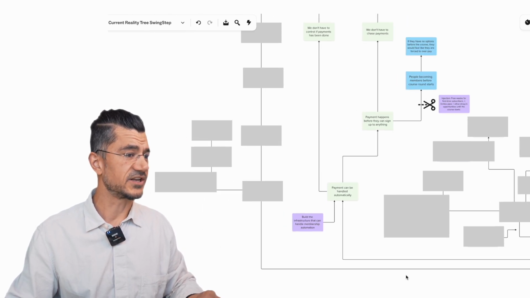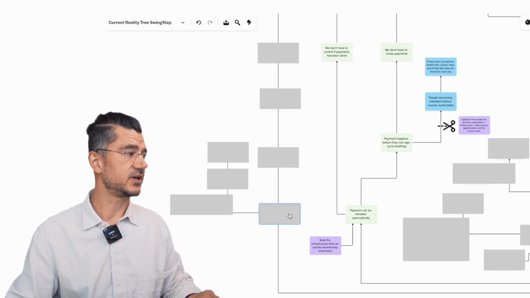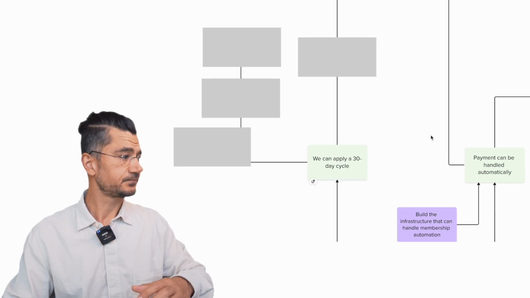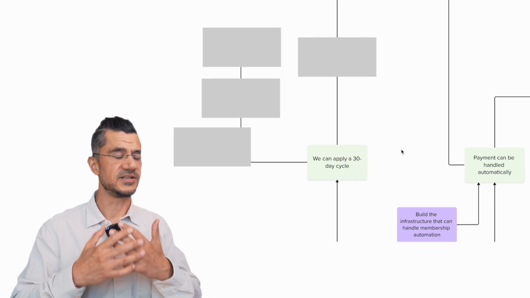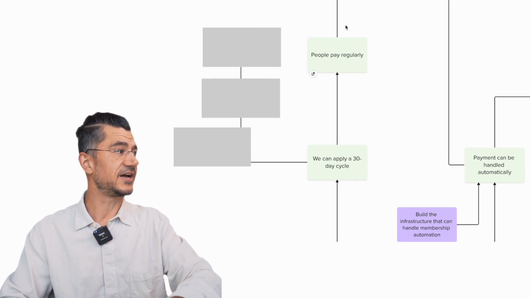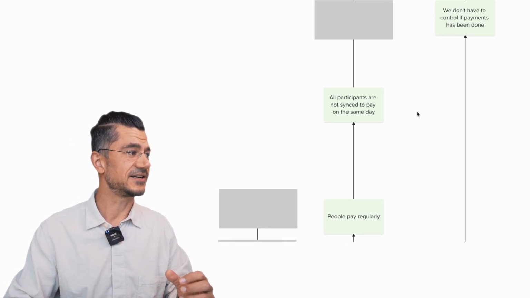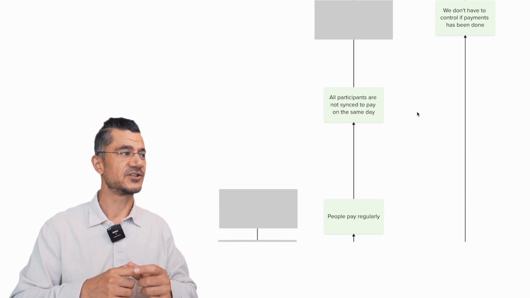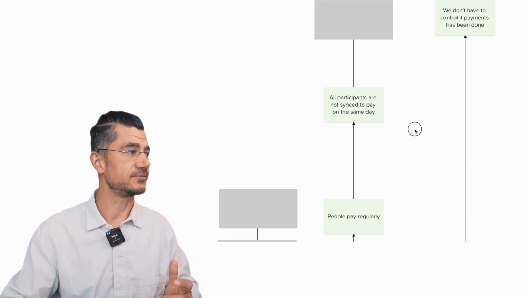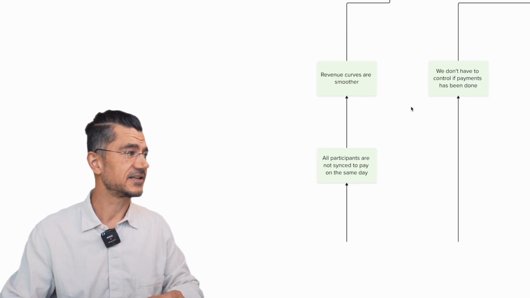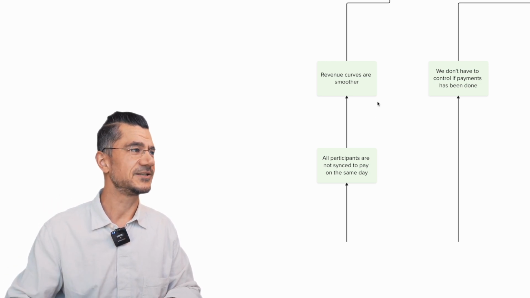Now, another branch that the membership model opened up to us was that we can apply a 30-day cycle. And the value of that is that people pay regularly. And because participants are not synced to pay on the same day, what's happening is that revenue curves are smoother. And this was a huge